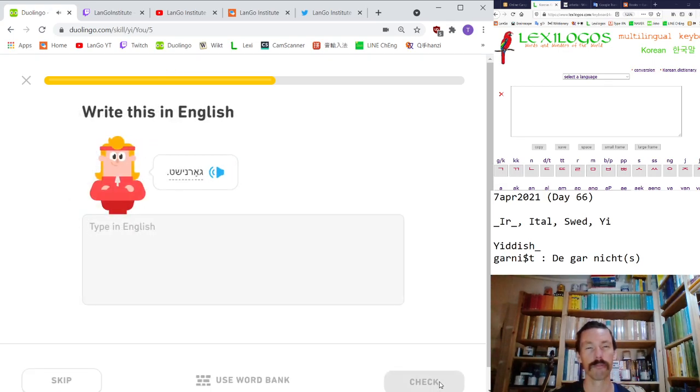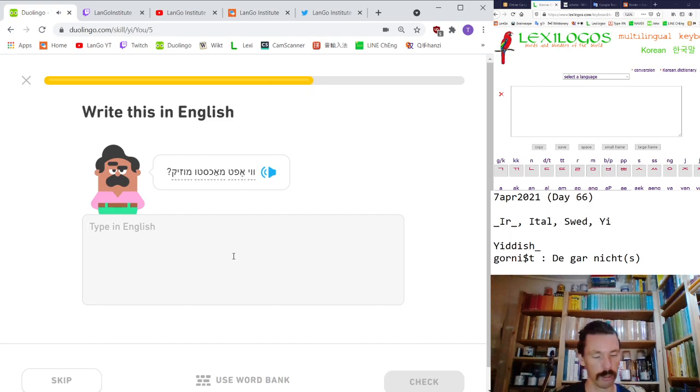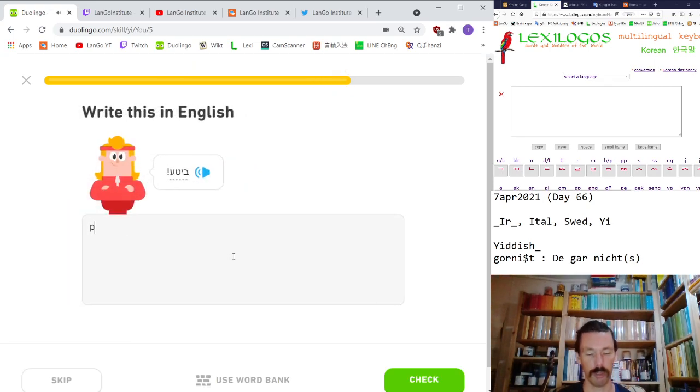Gar nicht. Gur nicht with the raising, not gar, gur. Or gor. Gar nicht. It's written with O, I would say, rather. Gur nicht. Nothing. Wie oft machst du Musik? Wie oft machst du Musik? How often? That's word for word. Wie, how, oft, often. Do you make music? Bitte. Bitte, please.